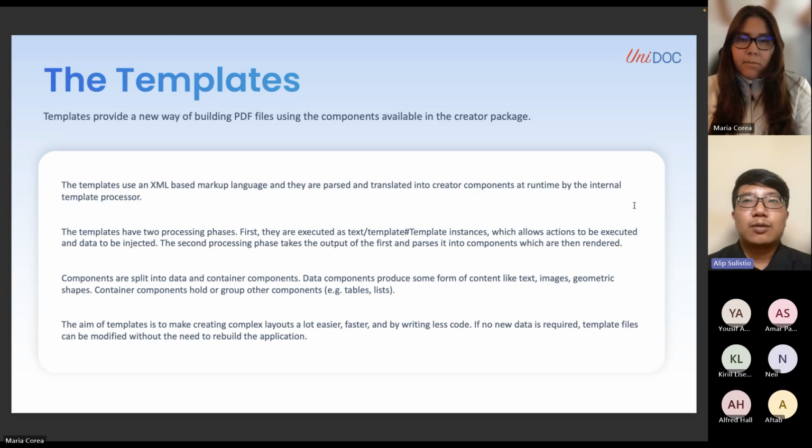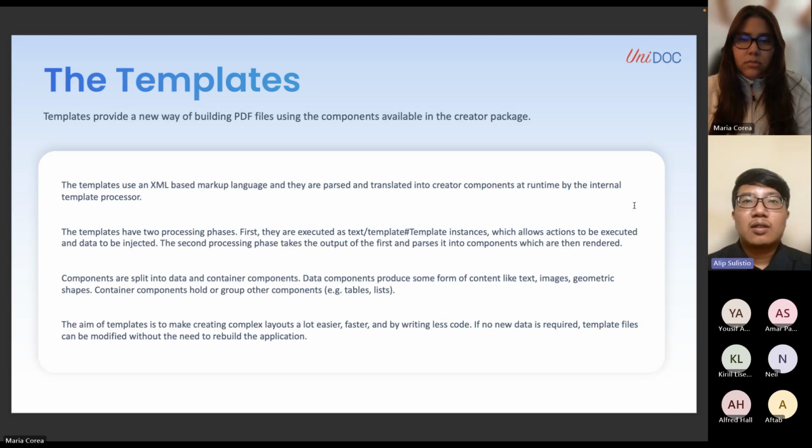It will use the template instance from native Golang and translate it to our creator component. It will be available for content like text, image, and geometric shapes, and it is intended to create complex layouts